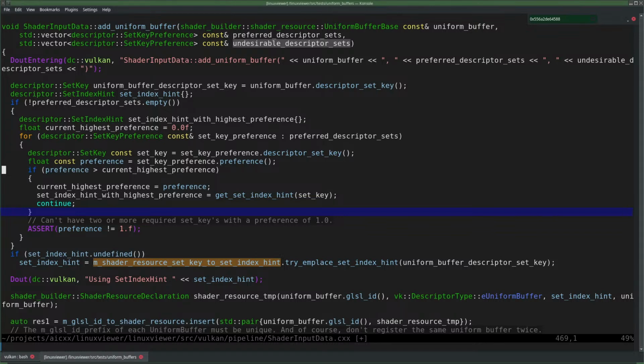And you could kind of read the undesirable ones as negative values then, and the preferred ones as positive values, and then we find the highest preference. So you can add any undesirable stuff you want. It doesn't really matter at all,